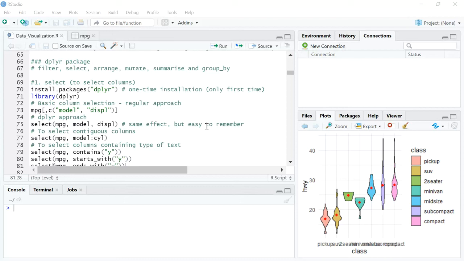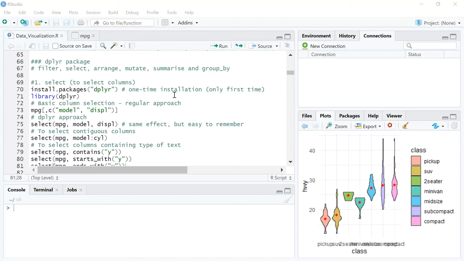In this video, we'll be looking at a few functions like filter, select, arrange, mutate, summarize, and group by. Now, these are functions which are critical to very quick data manipulation. I'll just quickly share with you how. Right, so at the end of this video, we should be able to do some basic data manipulations without running extensive formulas on an Excel sheet.